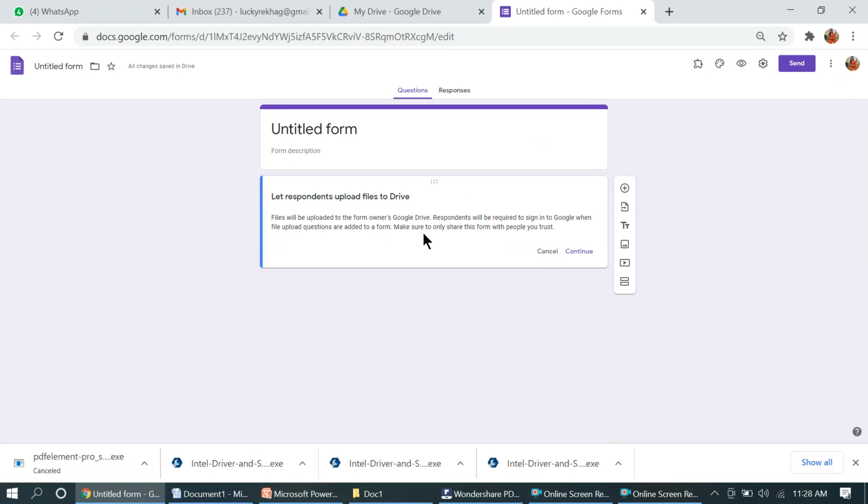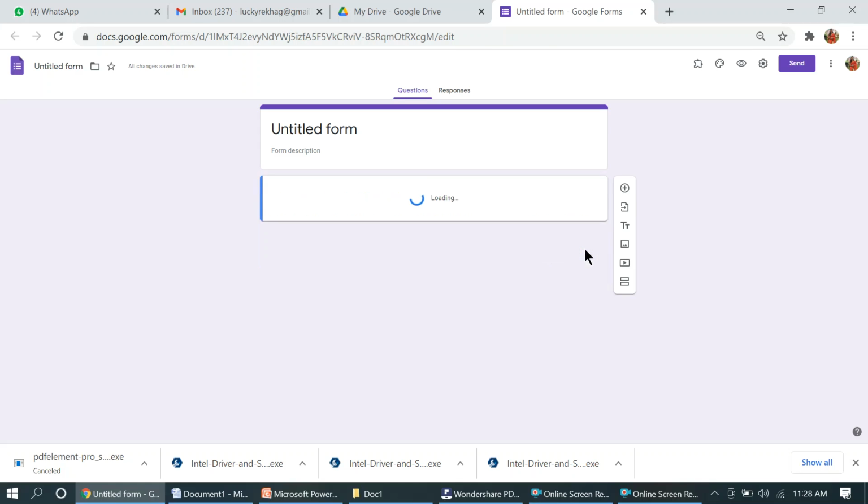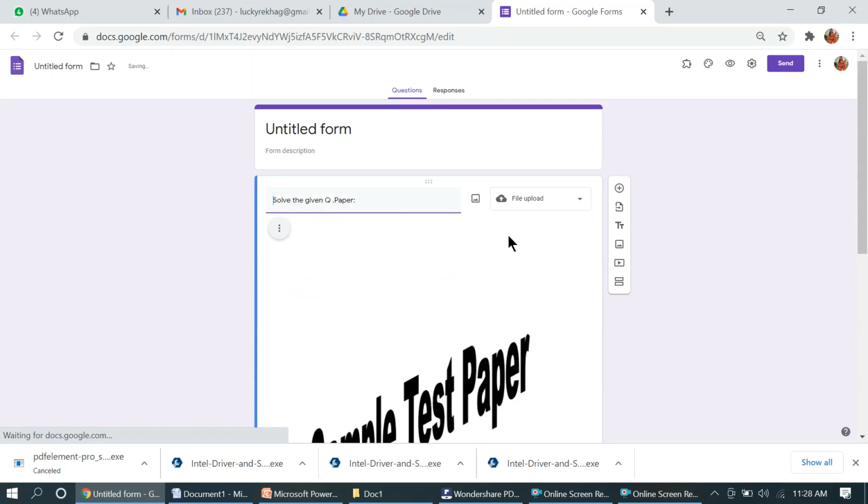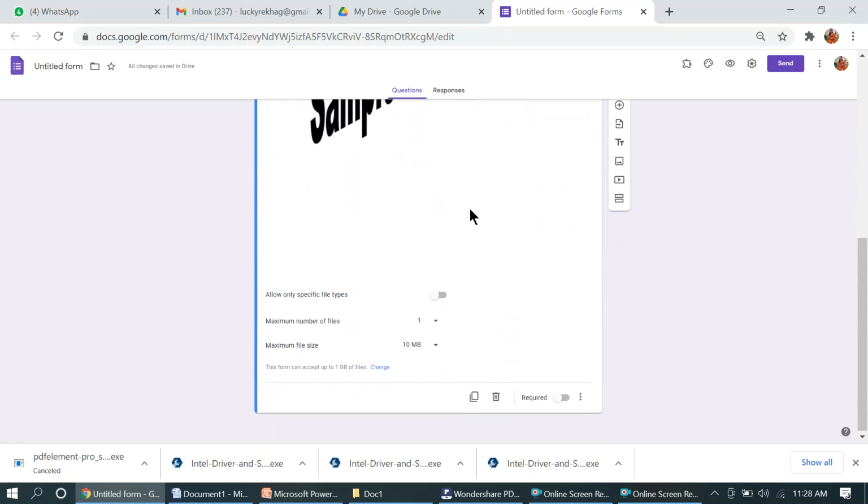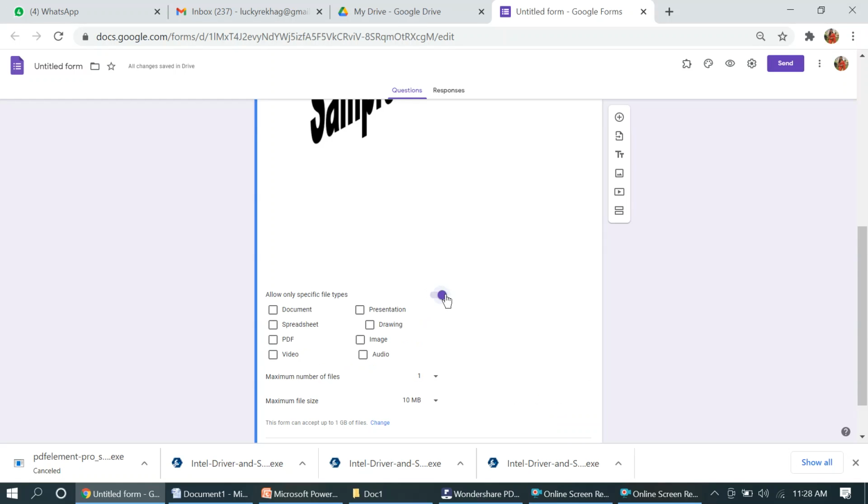It will ask you whether you want to allow respondents to upload files. Continue, right? We'll click on continue, and here at the bottom it will ask to allow only specific file types, meaning it should not happen that students are providing you files in different formats. You can decide the particular formats.